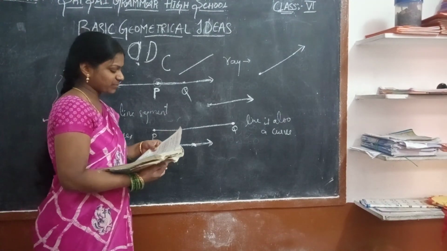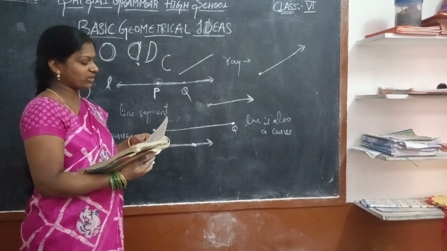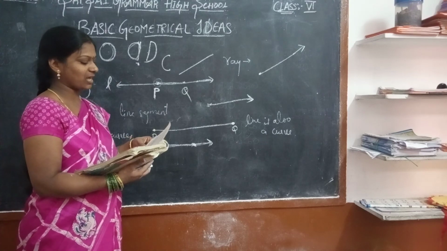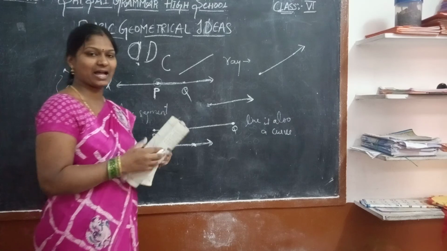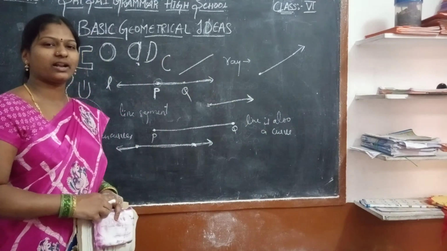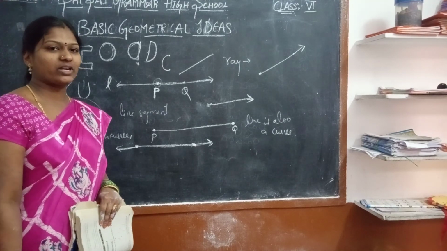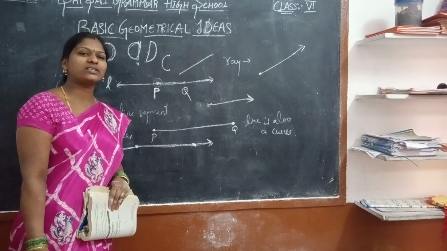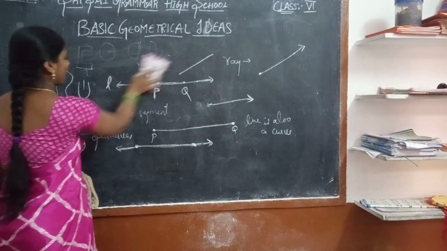An angle is made up of two rays starting from a common endpoint. The common endpoint is called the vertex, and the two rays are the arms of the angle. Here, how do we identify the angle? So now we are perfect with the point, ray and line segment, how to represent a point on a ray and a point on a line, and also what is an open curve and a closed curve. Now let us move on to angles.